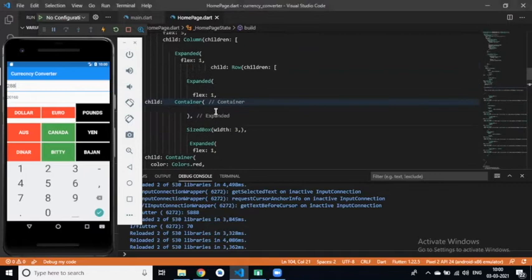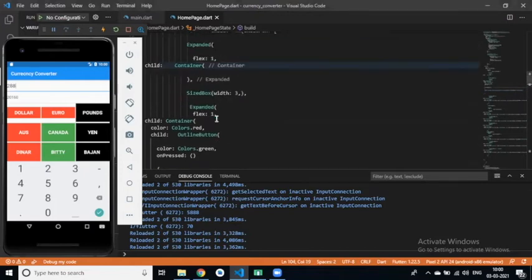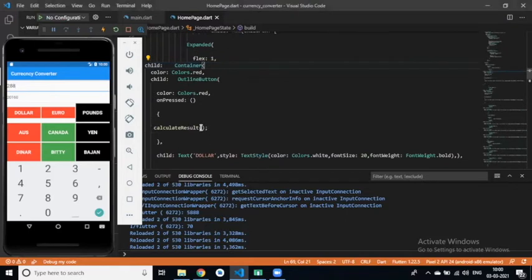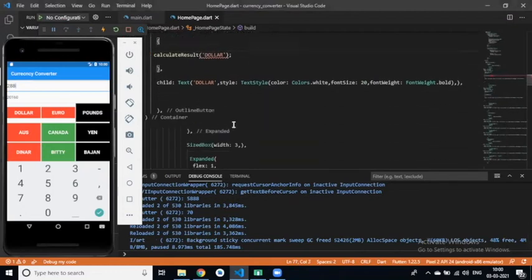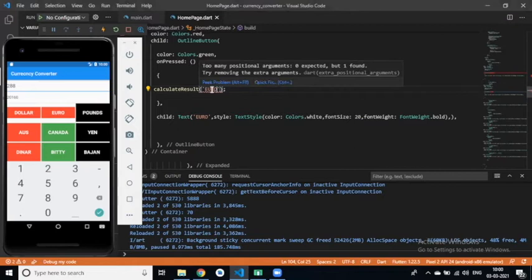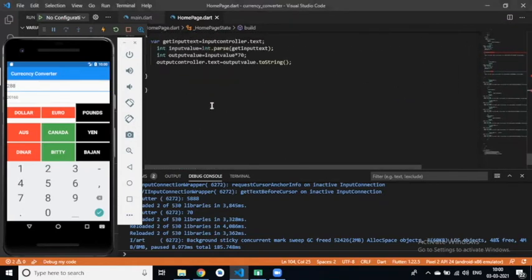So how can I perform a switch case operation? First we have to pass this euro string in the calculate result method. In calculate result, I will pass a string like dollar, and similarly in this one, I will pass euro. This is showing an error because we haven't added parameters in our function.